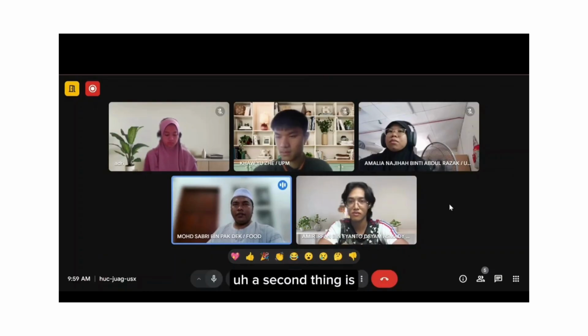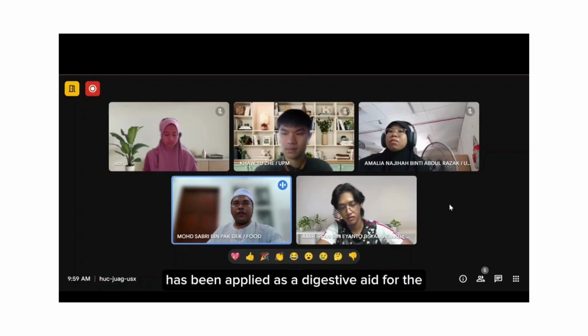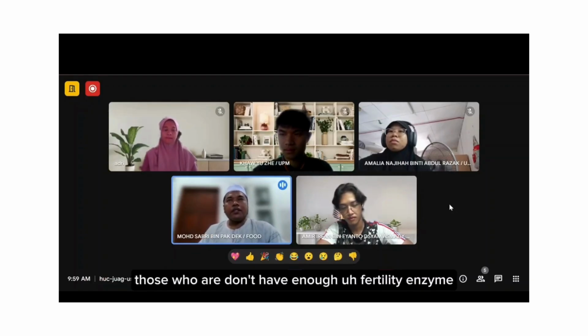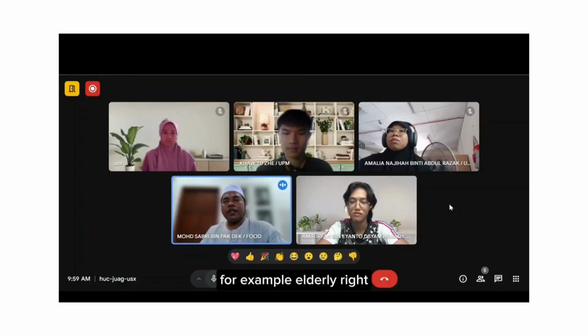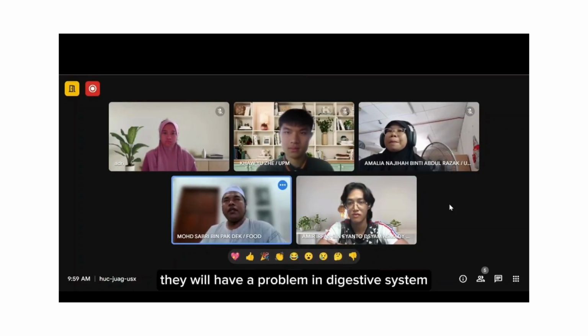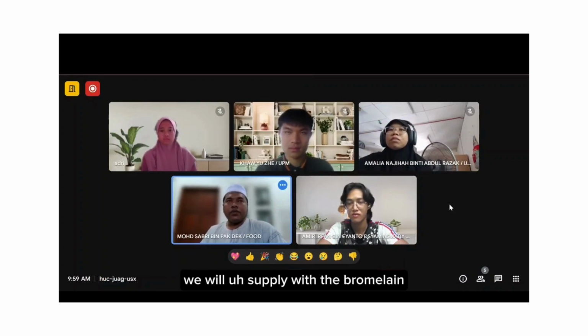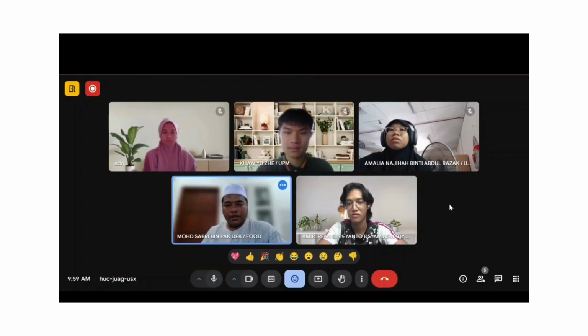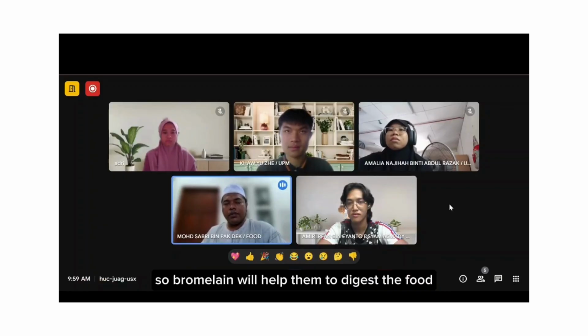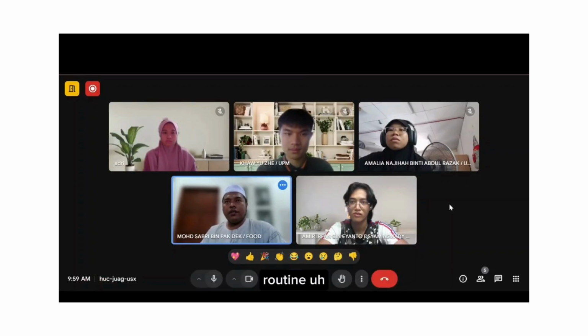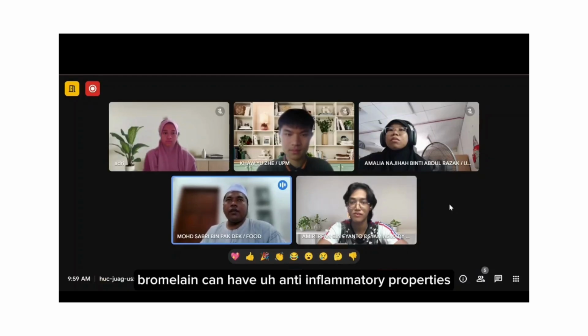A second thing is it has been applied as a digestive aid for those who don't have enough proteolytic enzyme, for example, elderly, right? So elderly, they don't have enough enzyme. So as a result, they will have a problem in the digestive system. So how we treat them, we will supply them with the bromelain. So bromelain will help them to digest the food in the stomach, and then they can have no more problem. The third application, research found that bromelain can have